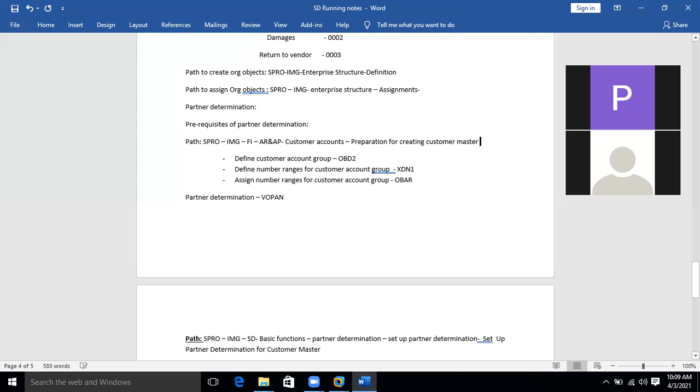Customer master data and then, after that, these are the steps with the same name you will have. So you can easily understand it once you reach this part.